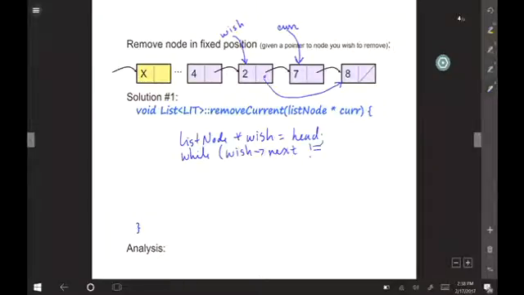Cur, very good. I'm going to walk it forward. Wish gets wish next. How do I know wish is not equal to null? I just dereferenced wish in that while statement. Did I just dereference null? Could I have?